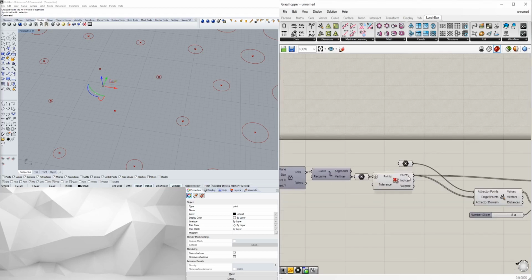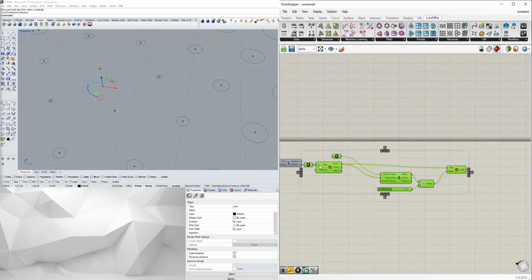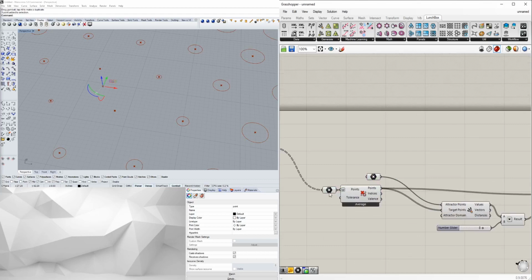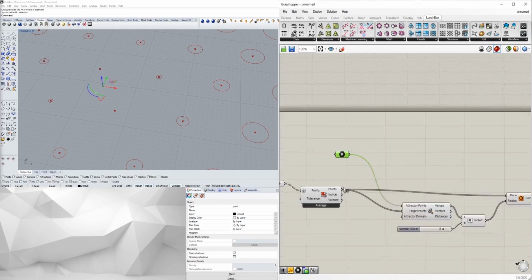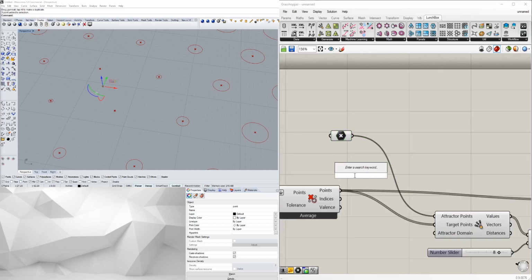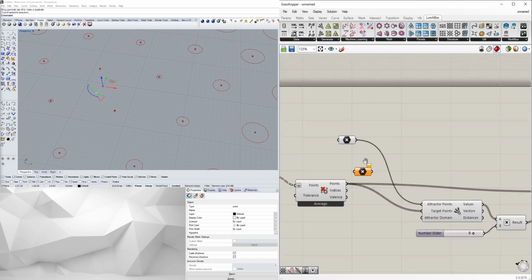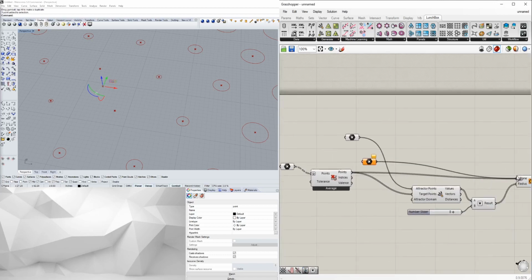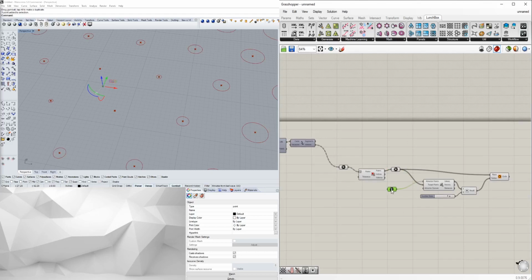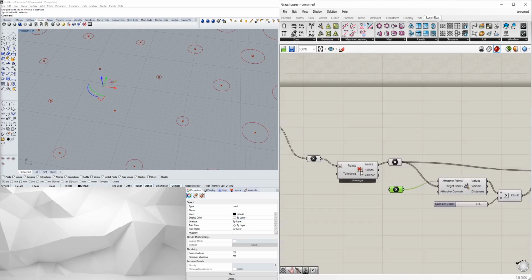Also, notice that when we bring out these points that come here into the attractor points, or into the target points, and then here into the plane, I'm actually going to bring in a point and use this to plug into here, and this one to plug into the points. That way, if I ever wanted to, and then this will be my attractor point,